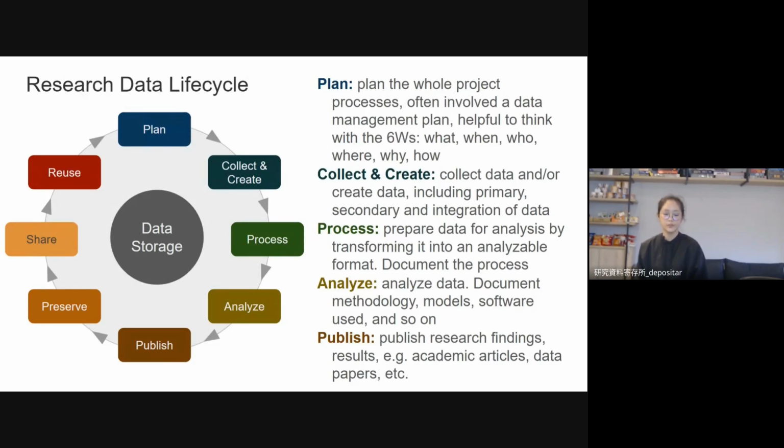your own data too. So for the collect, create, process, and analyze steps, a common good practice is to document the actions you take, like where you get your data from, how you transform your data into an analyzable state, and then what methodology and models you use. All of this documentation helps with publishing your results, your data reproducibility, and also makes your data more understandable and